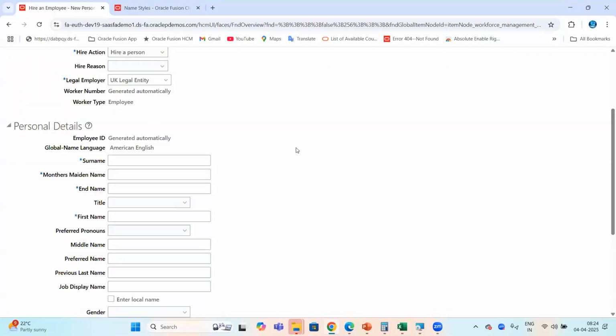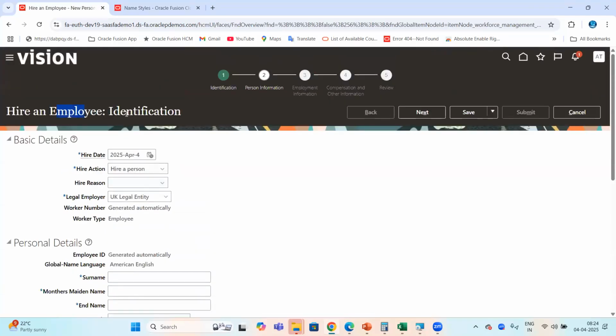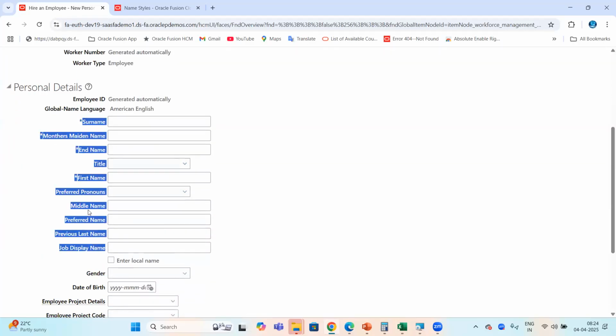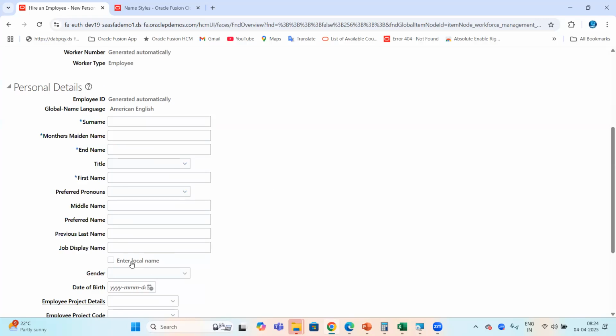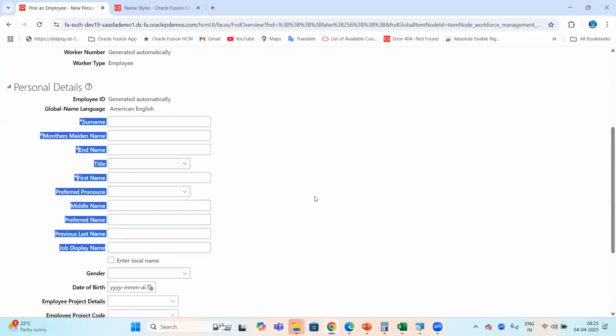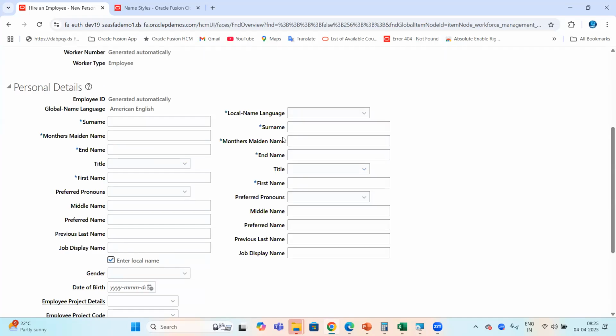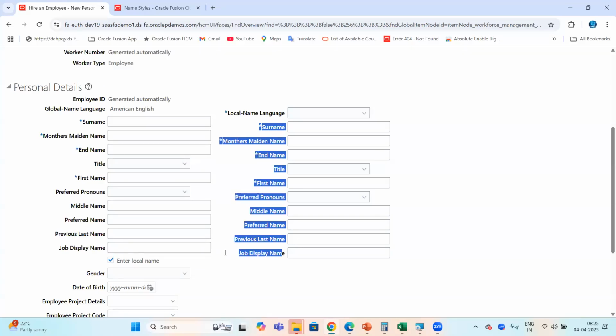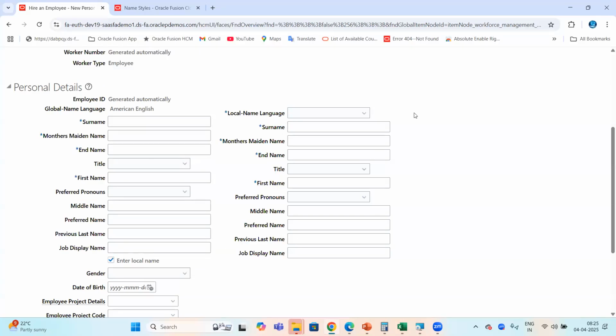What is this name? Whenever HR is hiring an employee in the Fusion system, we will capture personal details, all the details of the employee, person names and all. Here, local name is there. If I click on this, one more structure will come here: enter local name. See, same surname to job display name. One more structure came. It means in some countries, clients will be maintaining some regional names of the employees also